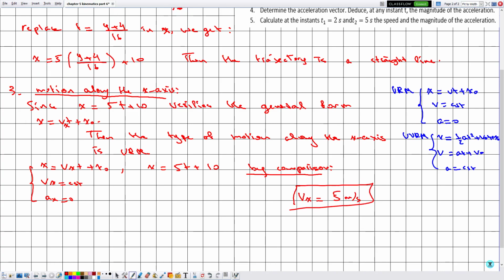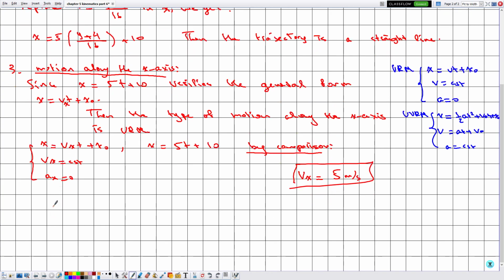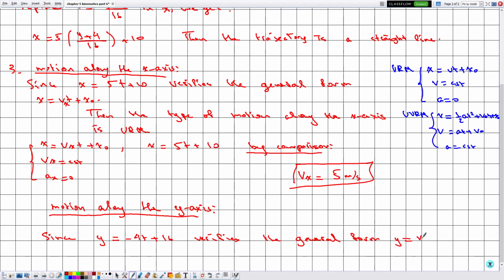So this is it for the motion along the x-axis. Now as for the y-axis, since y, which is given by minus 40 plus 16, verifies the general form. So notice that here y is linear in time, and linear in time means it's URM. Verifies the general form, y is equal to v0y t plus y0. Then the type of motion along the y-axis is